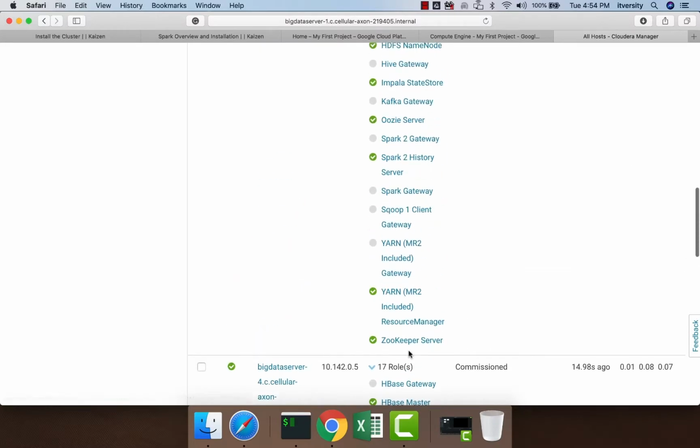So now as Big Data Server 3 and Big Data Server 4 have too many master components, let's say I want to use this additional server as one of the masters. In that case, we need to reconcile our masters and we have to move as many services as possible onto them. The first priority should be for the Yarn resource manager, because typically on the servers where NameNode is running, we don't run resource manager.